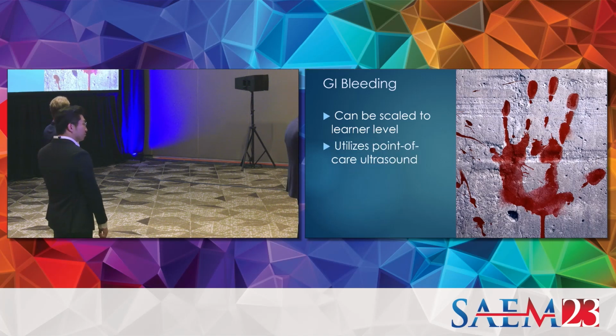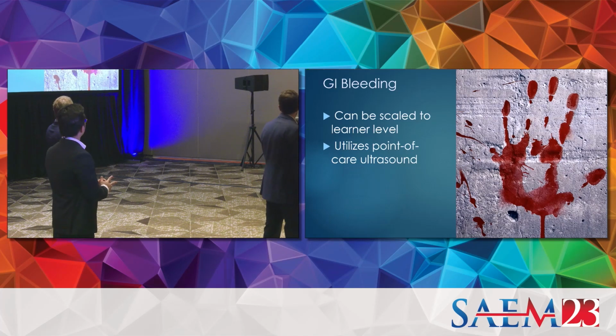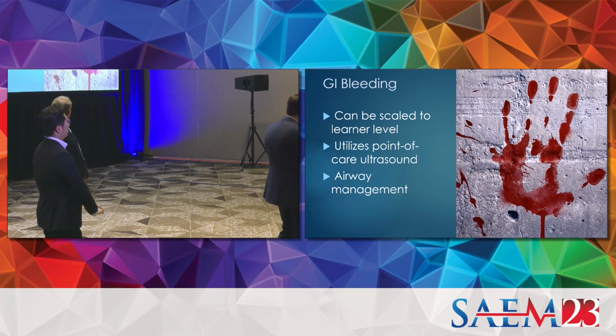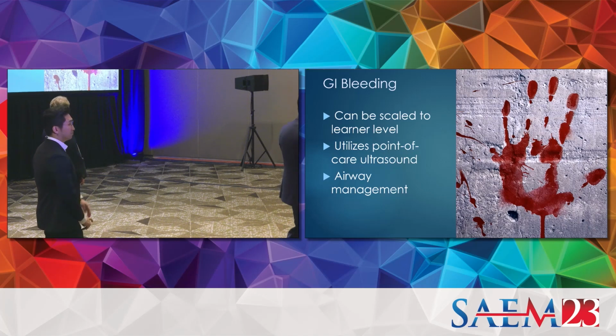Two, we could use point of care ultrasound, see what that showed us. If this patient has ascites, that might change how we manage them. If they have a collapsing IVC, that might tell us something about their volume status and might change what our learners are doing. Three, potentially we could do something with airway. This is a tough airway to simulate. I ultimately don't think that VR is the best use for at least airway teaching as it stands. But I thought, okay,